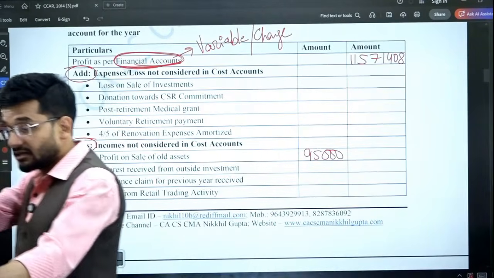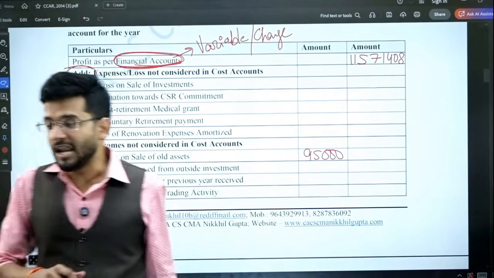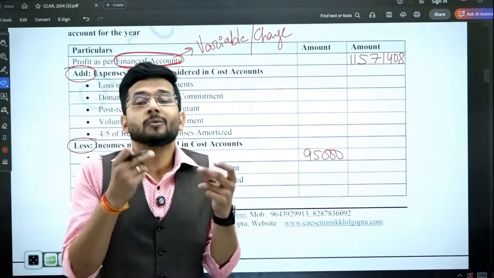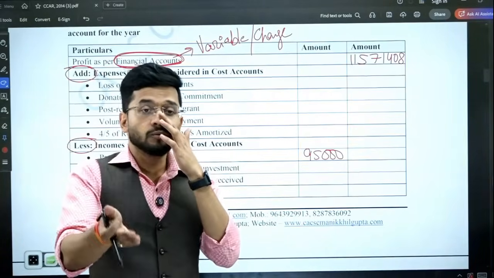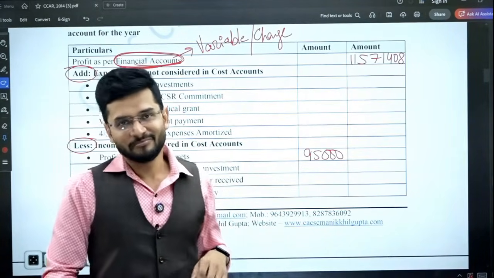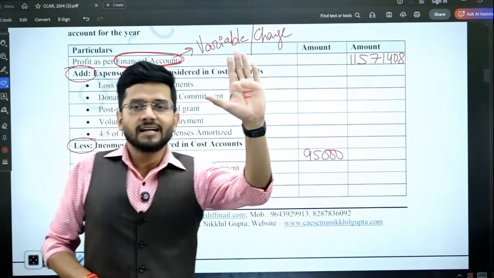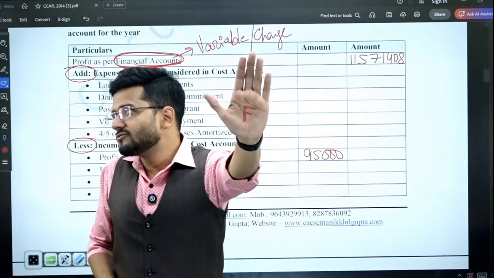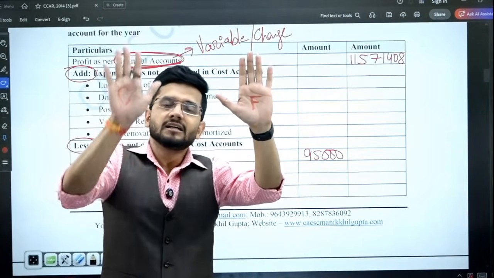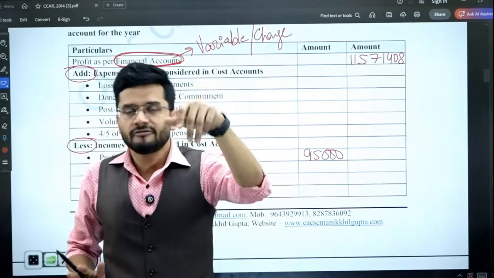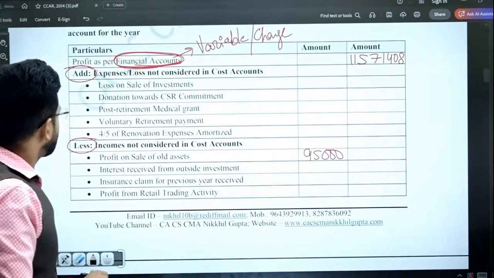In examination, you cannot take 1 hour to decide whether to less or add. You have to be very quick. So this method is very quickly telling you whether to reduce or add. Okay, sir. So financial profit hand moves, costing profit hand remains fixed. Financial profit hand moves. Okay, sir. Next,